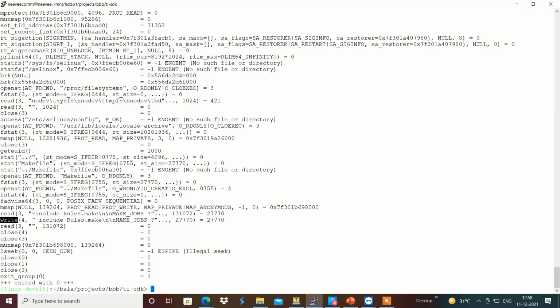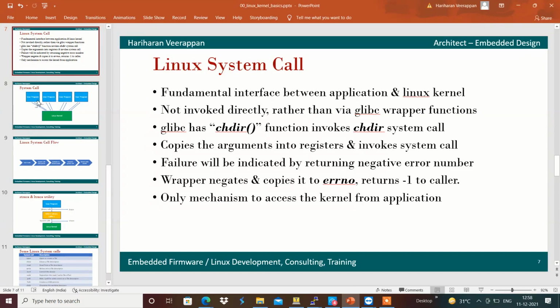This is done with the help of the system call interface which is present in the Linux kernel. For example, change directory will initiate chdir, and copying will initiate system calls like read, write and open: open to open the file, read the file content and write into the destination file content.